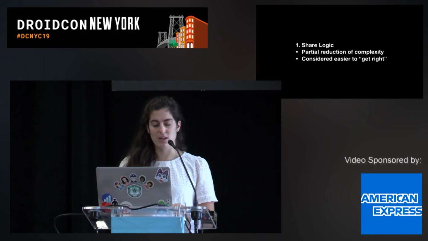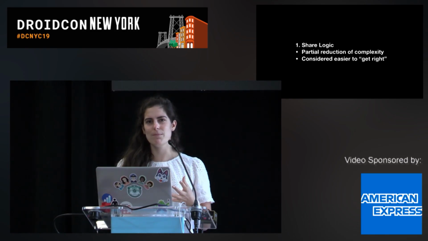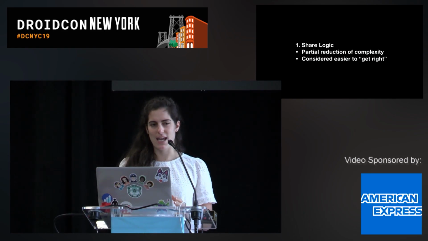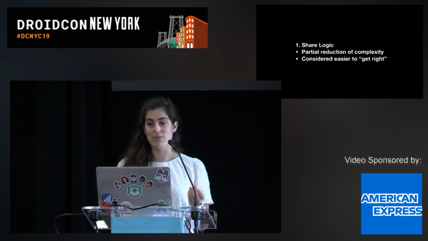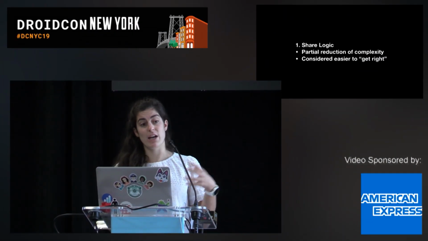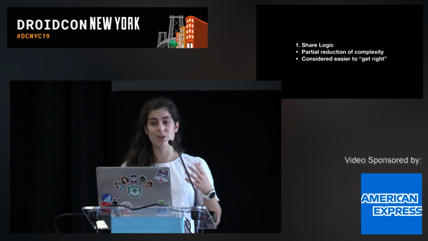But to talk about the logic sharing group, the best part of them is that they're considered easier to get right. And the reason they're considered easier to get right is that the view rendering pipeline and the view layout is a very, very complex system. And if you can share code and kind of throw that to the side and not think about it, then your job gets a lot easier because the business logic is logic that you control. So if you are only sharing logic that you are responsible for, that you can write, that you can test, that you can validate, it narrows that scope dramatically, and narrowing scopes usually means that you have a higher likelihood of succeeding.